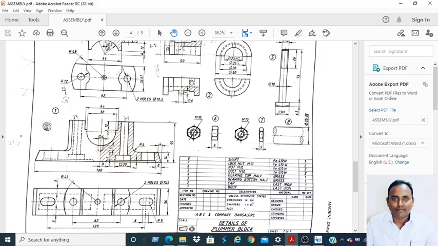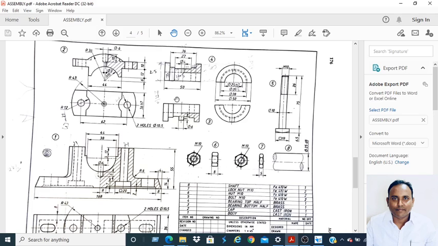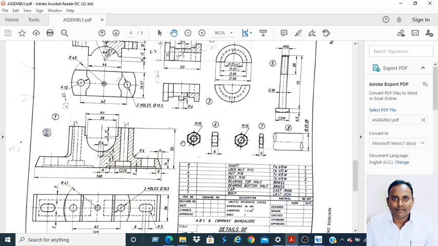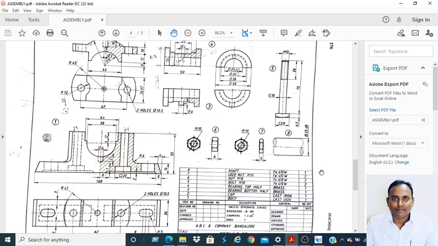Okay, in this video let's see how to make a plumber block assembly. I have already created the part drawings. In this video we'll learn the assembly of plumber block.